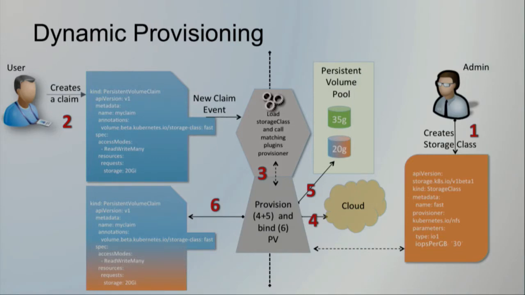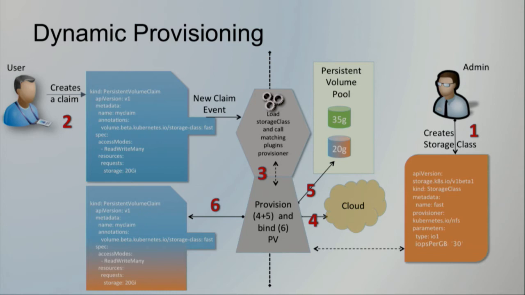So the in-tree dynamic provisioning flow is quite similar to the other stuff. We have the administrator creating the storage class. We have the binder in this scenario, just sitting there listening, starting up as part of the Kube framework. The user will come in and create a claim, and they will specify a storage class in their claim. The binder will see that storage class and recognize. They'll actually go and look at the storage class objects, find the one with the matching name, look at the